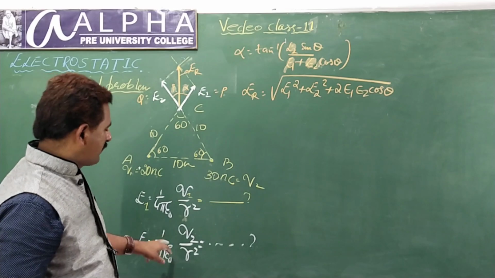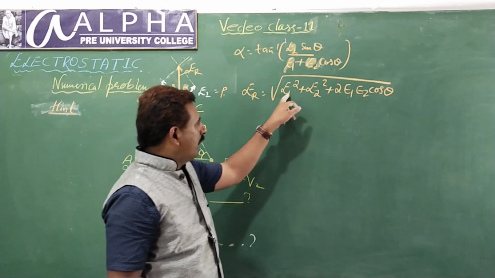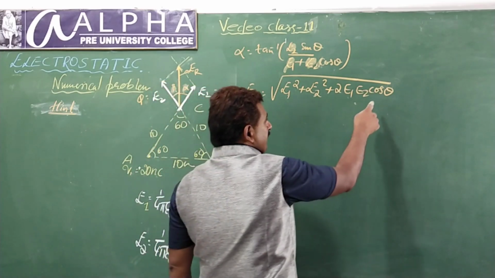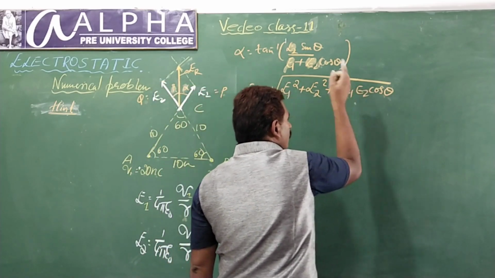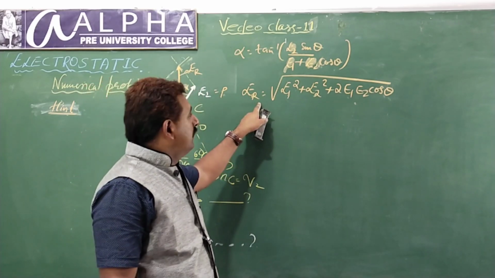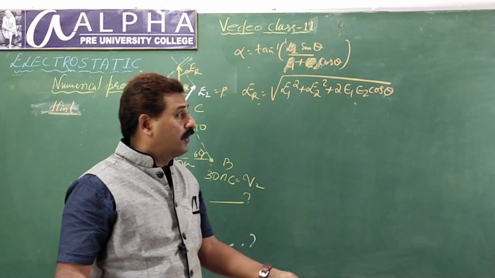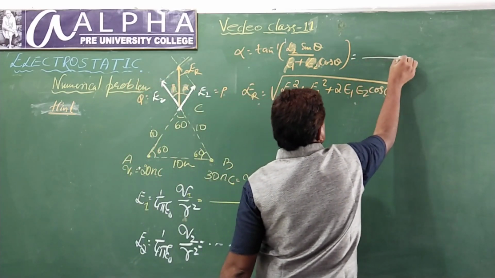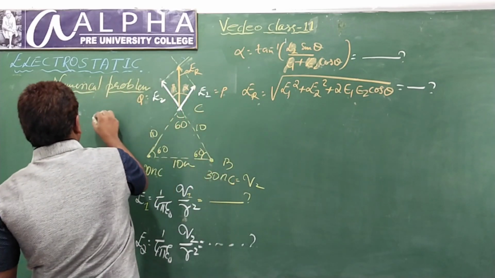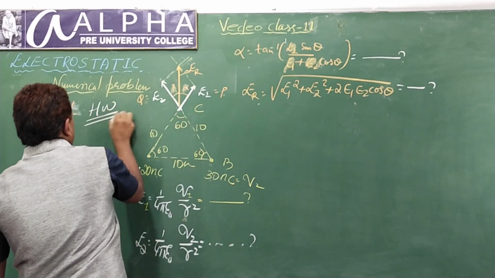If you do the simplification, you get the values of E1 and E2. Put the values here, use a calculator and trigonometry table. What is cos theta here again? Half, and 2 cancels. That's it. You will find the value of ER and also alpha. See what you get and send me the answer. As an assignment, homework, you try at home. Correct?